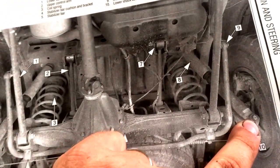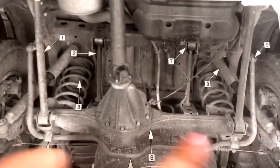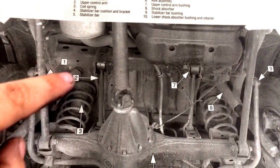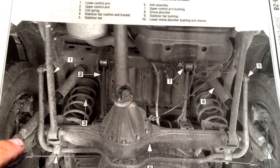And if your kit comes with shocks, you probably have more money than me. I bought my kit from Summit on sale for 200 bucks. So it was pretty cheap. So I just kept the stock shocks because they are long enough. But you're going to remove this bolt,